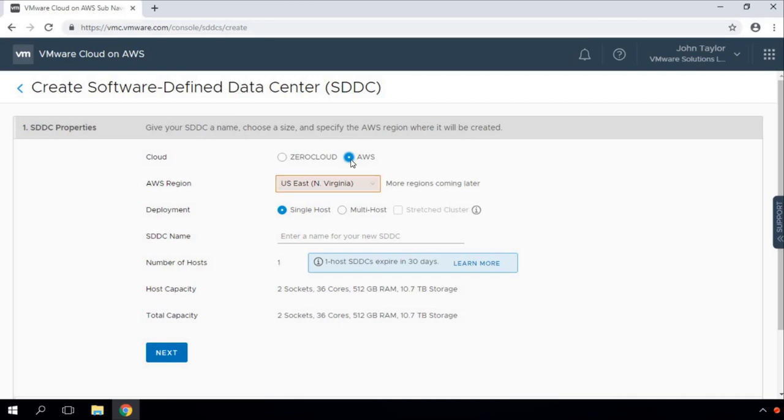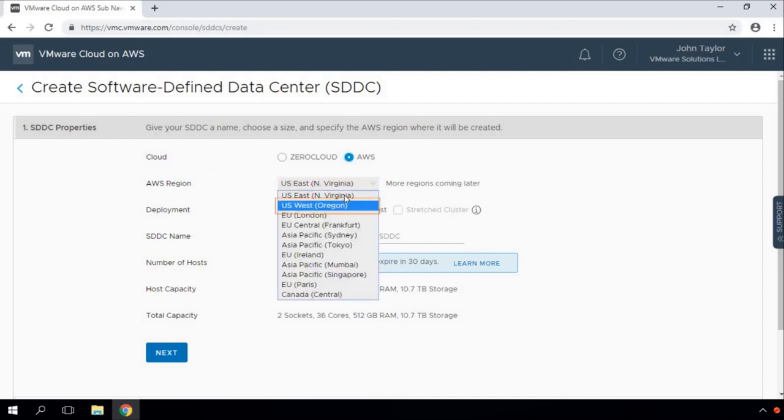We're going to use it. The next option talks about AWS region. As we discussed, we need to make sure that we select the right region for deploying this particular service. We have a bunch of options available here. If you look at this drop-down, you do see that we have support for North Virginia, Oregon, London, Frankfurt, Sydney, Asia, Mumbai, Singapore, and other regions.